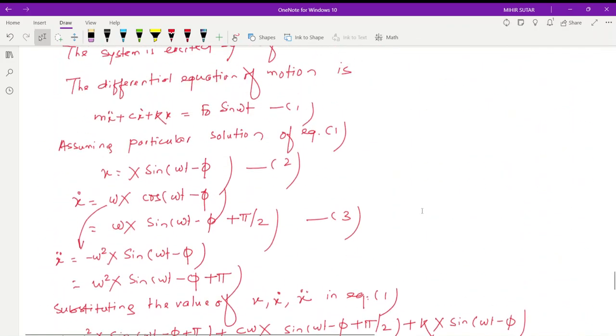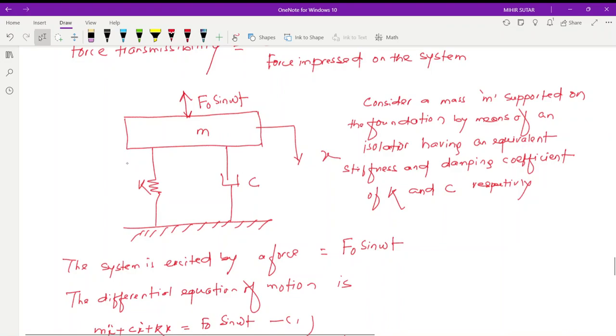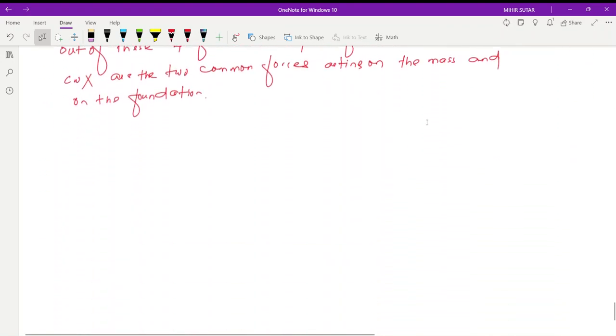Here you can see from the figure they are acting both on the mass and on the foundation, both the spring and the dashpot force, right? So